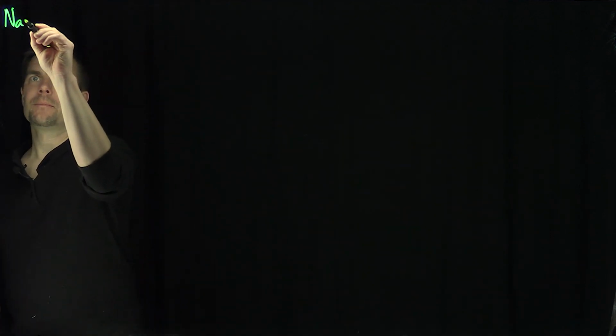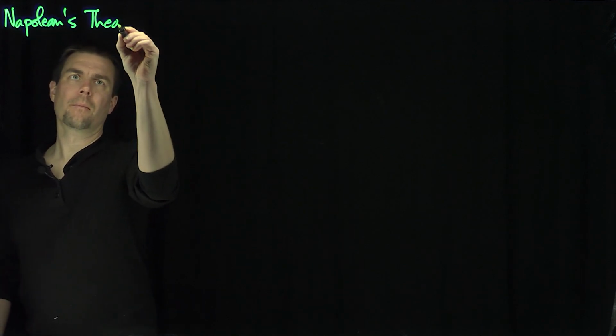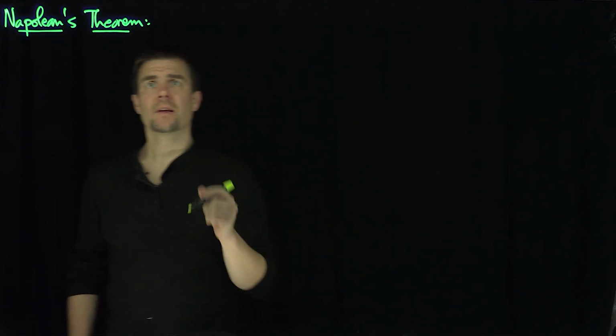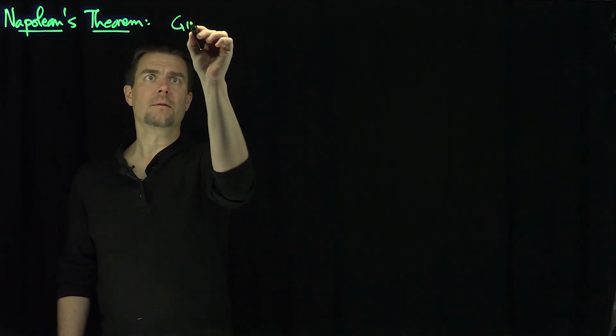Students, in this video, we'll prove a theorem attributed to Napoleon, but most likely not proven by him. This is what's known as Napoleon's theorem. And what does it say? It says, given a triangle